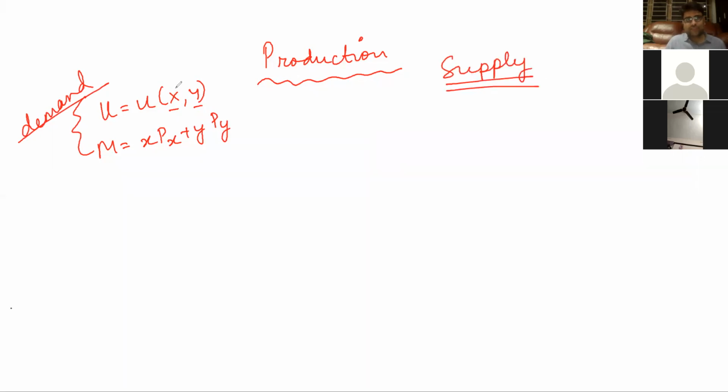How is X and Y produced? So we take a very simplistic production function. We assume that production for any good is happening from two factors of production. The two factors of production are, L is called the variable factor. The variable factor we also call labor.